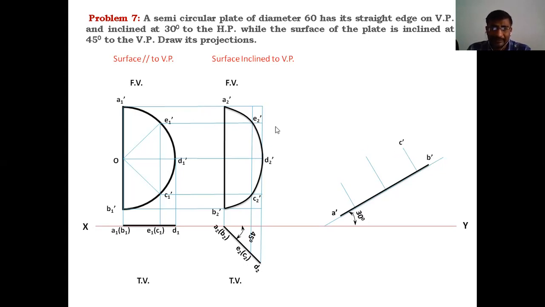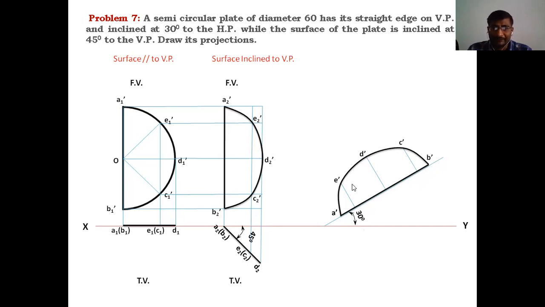So this is the C dash, because B to B dash is adjacent to B dash, B2 dash, C2 dash. Here, adjacent to B dash, you must locate the C dash, and this is the D dash, E dash. After getting the front view points on this semicircle, join all the points orderly, then we will get the third stage front view, which will be the rotated view of the second stage front view. This second stage front view size is equal to the third stage front view size, but it is a rotated view of the second stage front view. That rotation is 30 degrees.